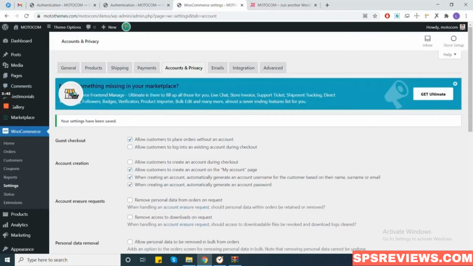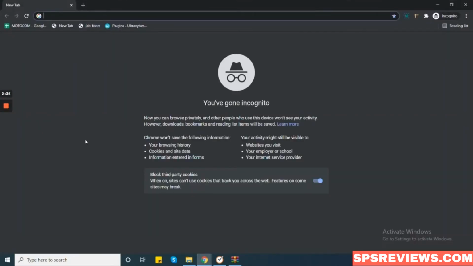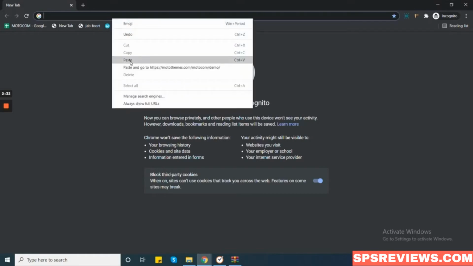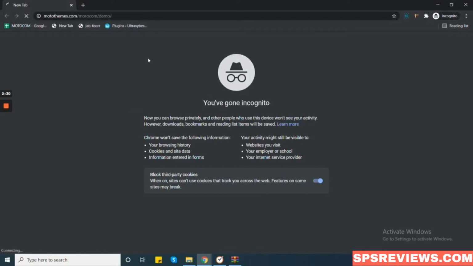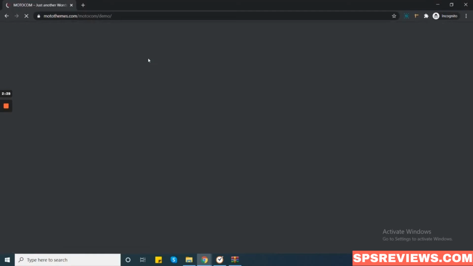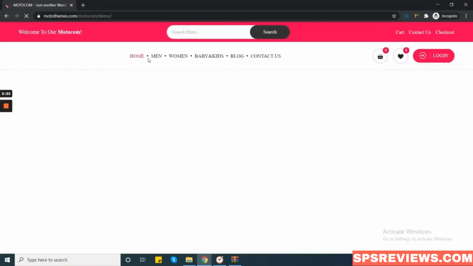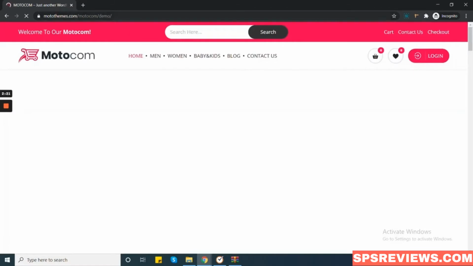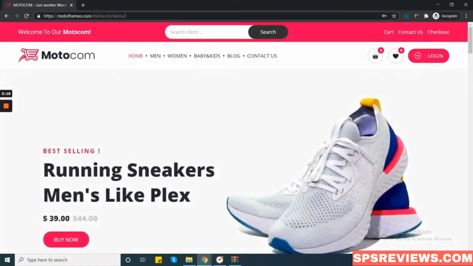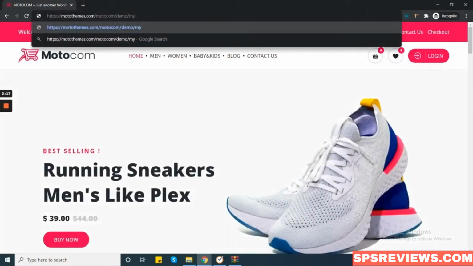After saving the changes, we need to show how the vendor will register from the account. So we will open the theme separately in a separate window and type My Account.